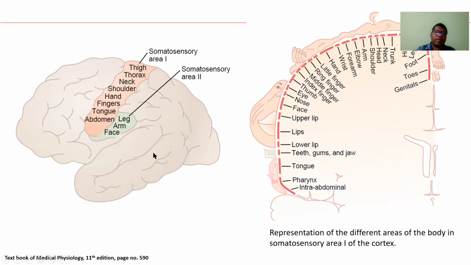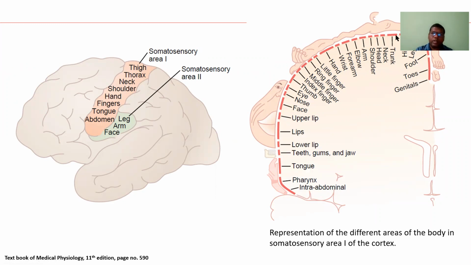Then all the sensory information from the different areas of the body converges, and they will send signals to the cerebrum. So the left side of the body takes the information to the right part of the cerebrum. The cerebrum has different areas. Not all the sensory information goes to a single area, but they have different specific areas where they will analyze the sensation.